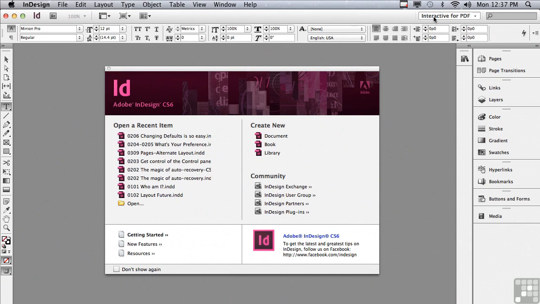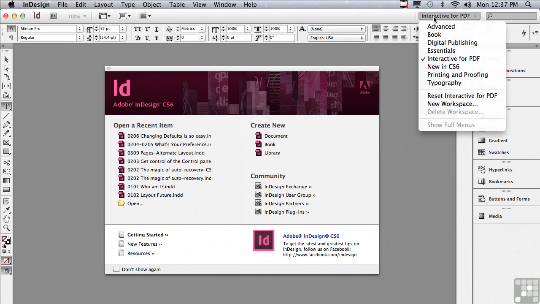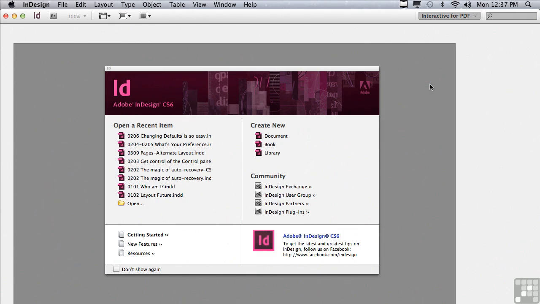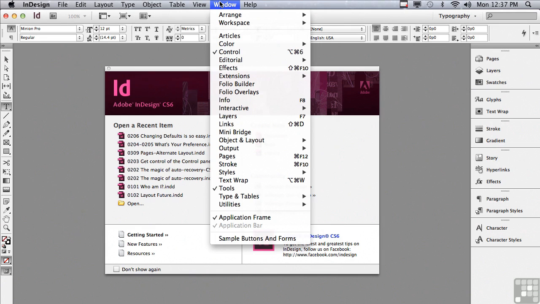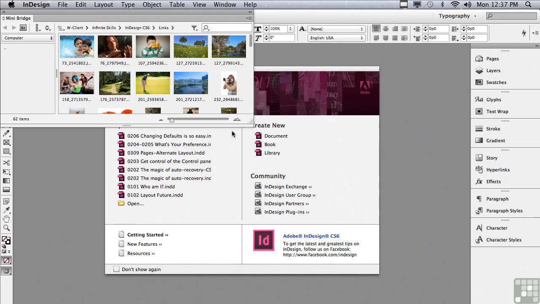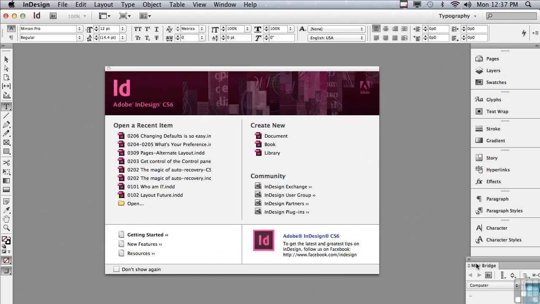But if I wanted to create a print workspace for the way that I worked on print, I probably would start with typography. A lot of what happens in print has to do with typography, so that's a good place to start. To start creating my own custom workspace for print, I'm going to add in the panels that aren't currently open. I'm going to go under my window menu, and maybe I want to include Mini Bridge in my workspace. If I just click on the Mini Bridge tab at the top of the panel, I can drag it